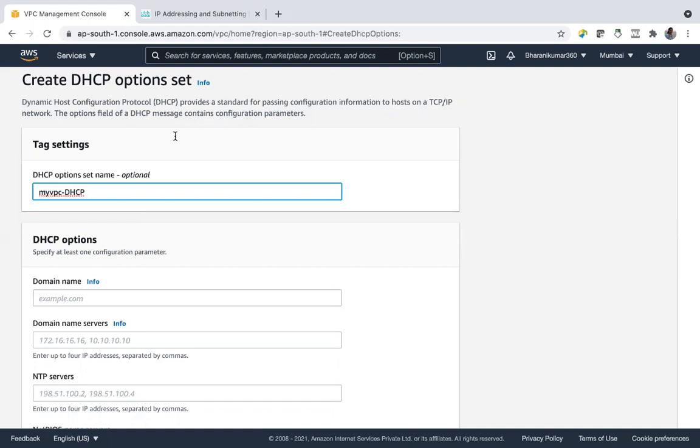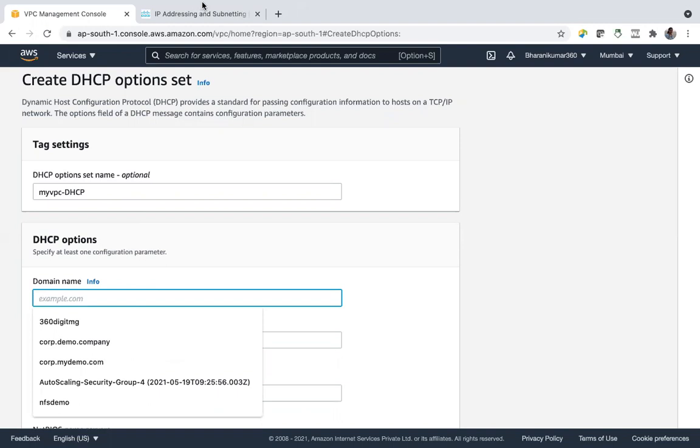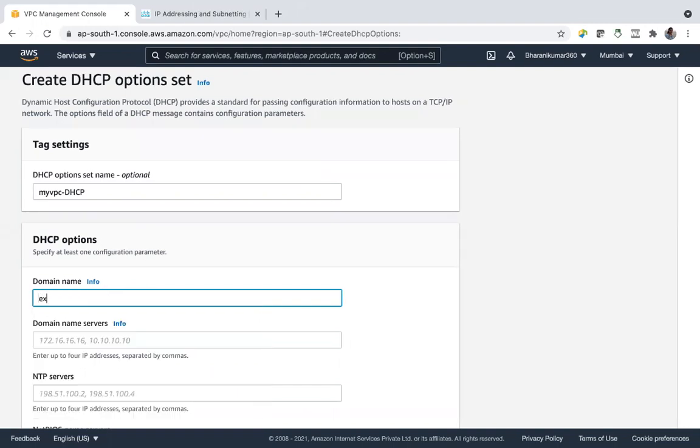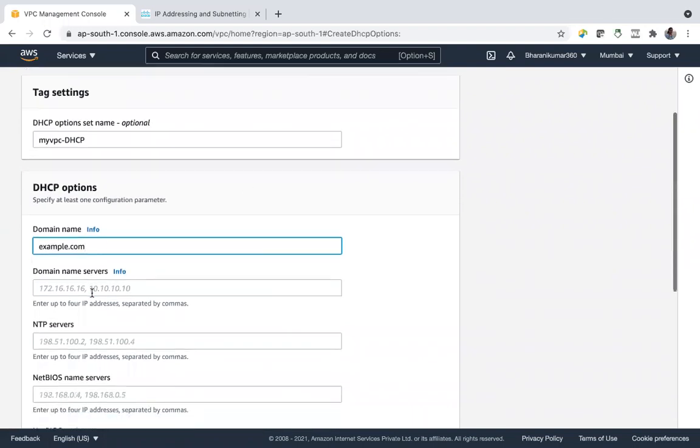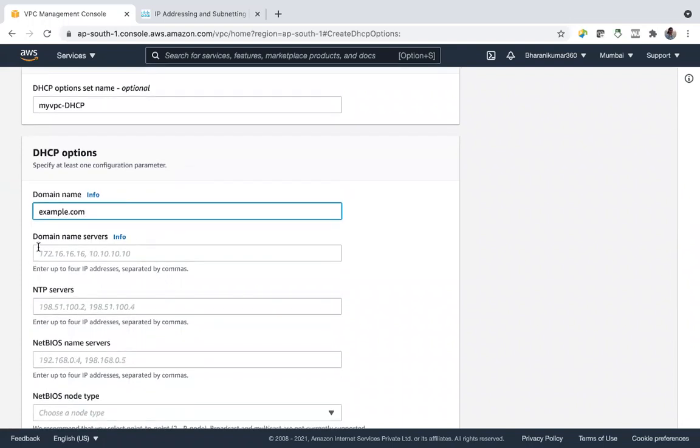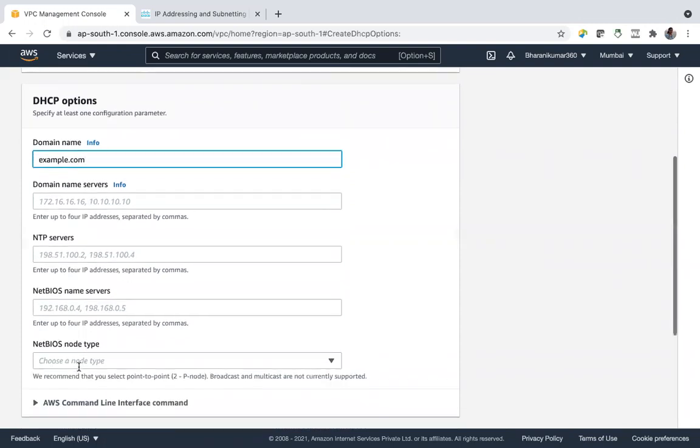And domain name. I don't have any registered domain name. Let's say example.com. And now you can mention your domain name servers, NTP servers, and NetBIOS servers, all these things.